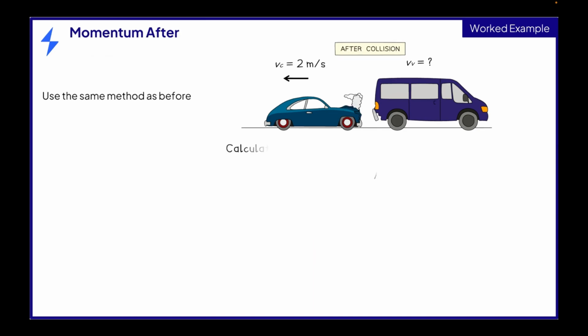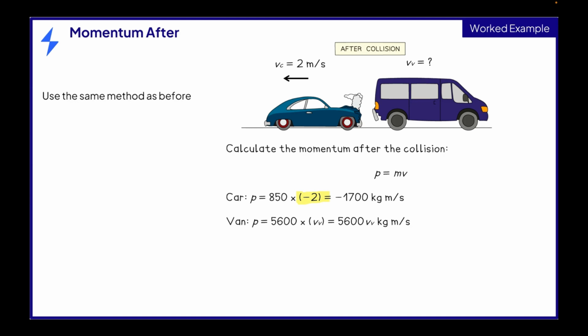mark. Use the same method as before to calculate the momentum after the collision. For the car, this is 850 times minus 2, which is equal to minus 1,700 kilograms meters per second. It is minus 2 because the car is moving backwards to the left. For the van, this is 5,600 times the final velocity of the van. So the momentum after the collision is minus 1,700 add 5,600 times the final velocity of the van for 1